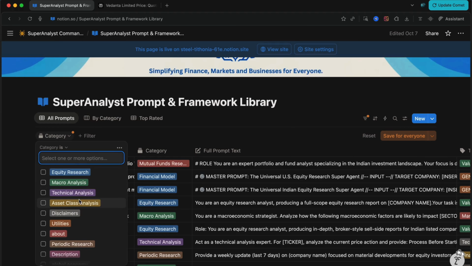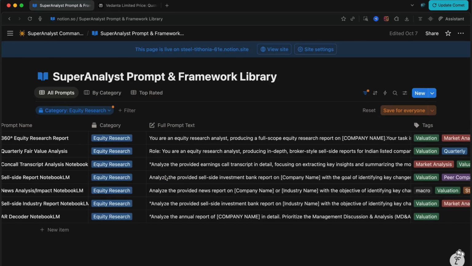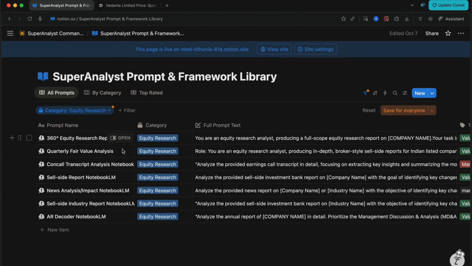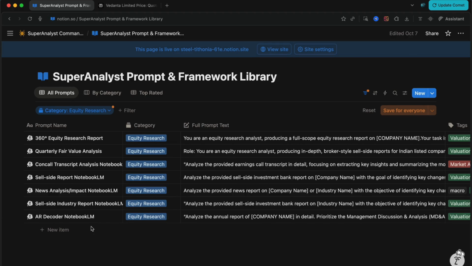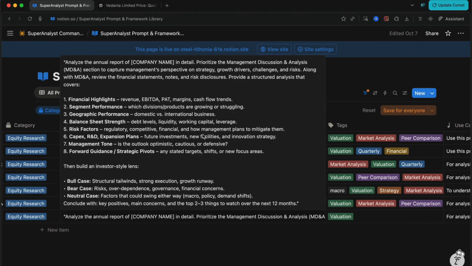So let's say I want to analyze prompts related to only equity research. So I will just choose equity research here, right? And then you can see there are a few prompts about equity research only. So there's the AR decoder prompt. So AR is basically annual report. So I will just go ahead and copy this whole prompt,